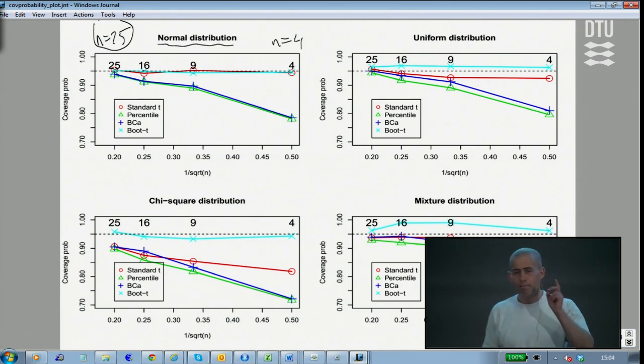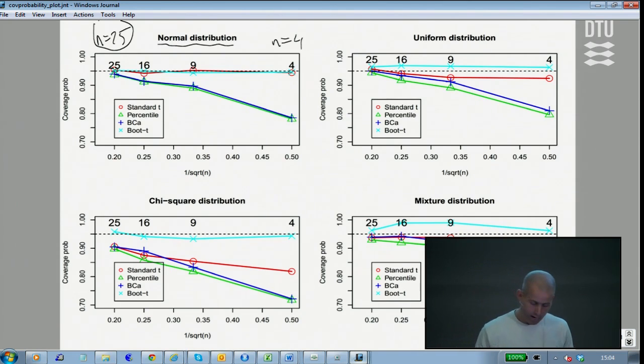Many times I have simulated normally distributed data with a mean of 0. That is, I know the mean. So I do that many times, normal samples of 25, and on each of those I compute the confidence interval by 4 different methods.